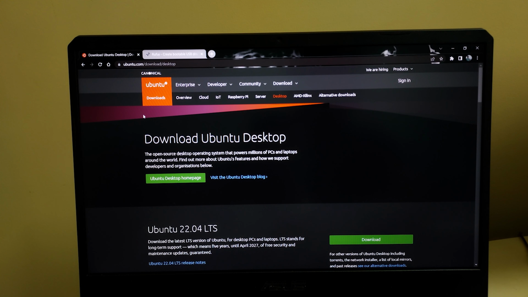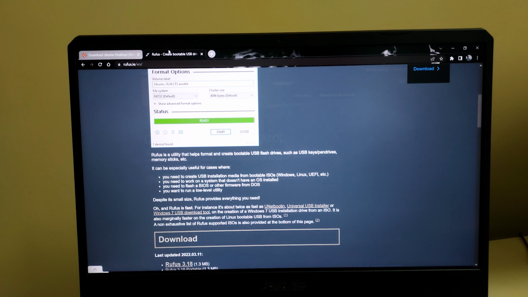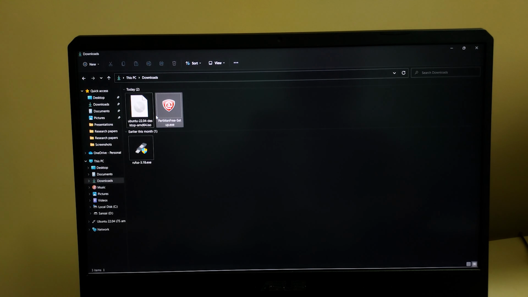So hi guys, in this video I'll be telling you how to dual boot Ubuntu 22.04 LTS with Windows 10, 11 or even 7. The prerequisites are: you need to download the image file and download Rufus and keep them in the Downloads folder, and plug in your pen drive. Now all you need to do is open Rufus and